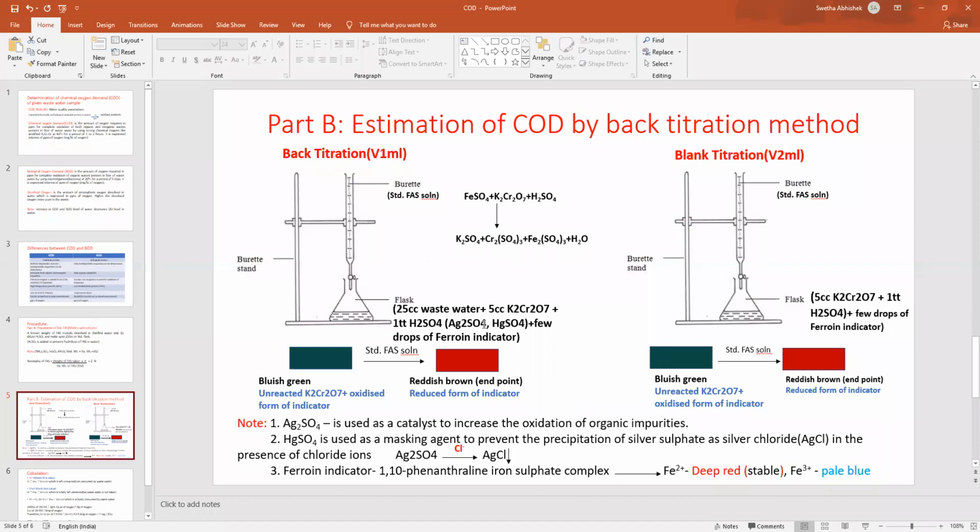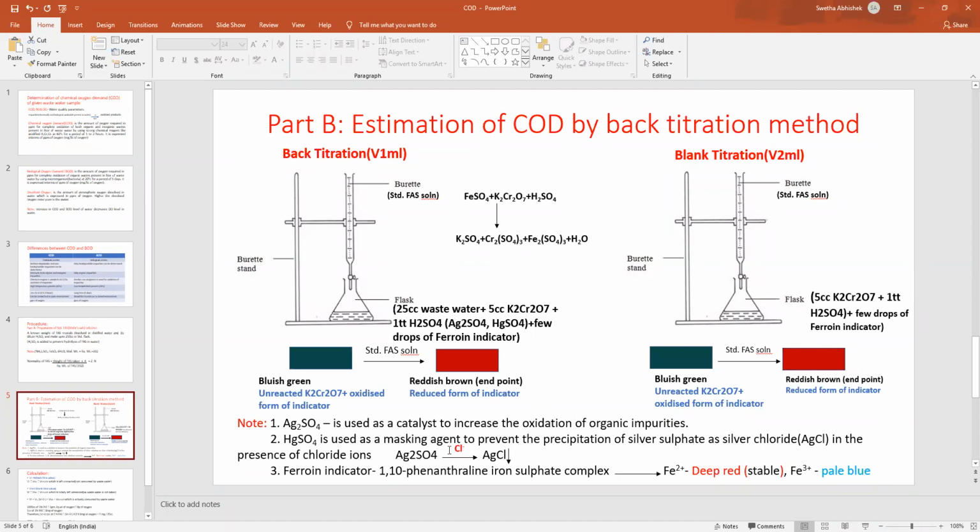So what is the role of silver sulfate? It is used as a catalyst. Then mercuric sulfate, HgSO4. What is the role of mercuric sulfate? So mercuric sulfate is used as a masking agent, which is used to mask the unwanted ions which may be present in wastewater. Say for example, if your wastewater consists of any amount of chloride ions, Cl minus ions, so